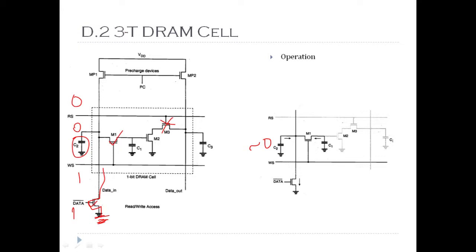But the voltage on this capacitance C1 is carrying some voltage. Let's say it was previously storing 1. So now this capacitor and M1 is on, right? So the capacitor starts discharging to the ground because it finds a path for discharging. So it discharges through M1. Now it basically stores 0 because the capacitor discharges. So earlier it was storing 1, now it has changed to 0.